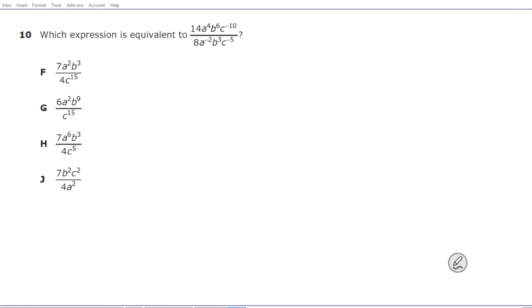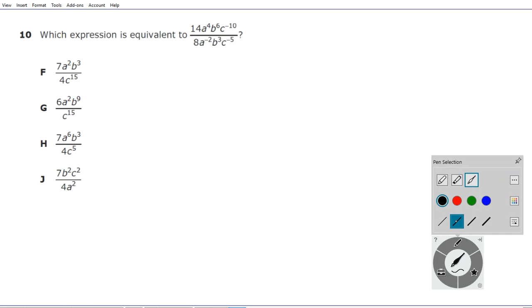All right, let's take a look at question 10. It reads, which expression is equivalent to 14a to the fourth, b to the sixth, c to the negative 10 raised to the 8a to the negative 2b to the third, c to the negative fifth power? Okay, so before we start this problem, let's go over or just write down the formulas that will be aiding our simplification of this